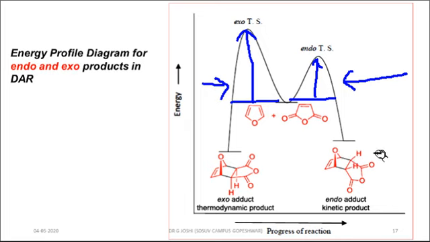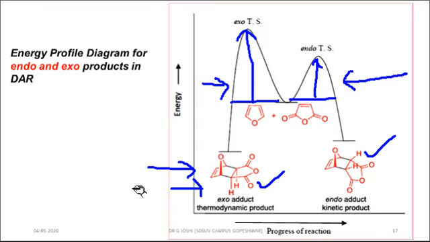At elevated temperature, initially this product will form first, but because of the high temperature, this product will undergo the retro Diels-Alder reaction to give back these two reactants. At the same temperature, these two reactants give mainly this exo product. Therefore, the concentration of the exo product in this kind of equilibrium is always higher. Thus, the reaction of furan with maleic anhydride at elevated temperature results in exo selectivity, which is an exception to Alder's